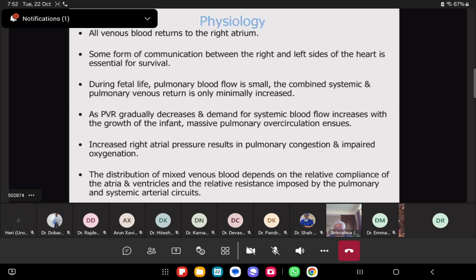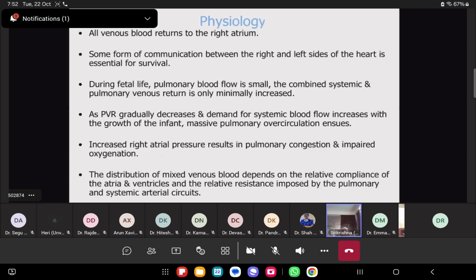Coming to the physiology, all venous blood returns to the right atrium. Some form of communication between the right and left side is necessary, which occurs in the form of PFO and ASD. During fetal life, the pulmonary blood flow is small, and the combined systemic and pulmonary venous return is only